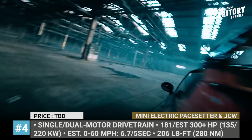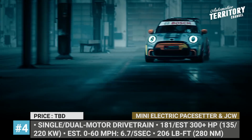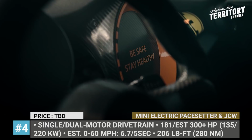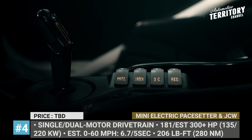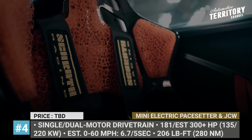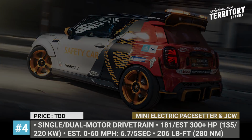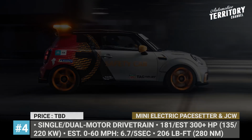By acquiring lightweight 18-inch wheels with Michelin Pilot Sport tires, a 3D-printed carbon fiber body kit, and interior elements, it sheds nearly 300 pounds to reach 2,706 pounds of curb weight. The Mini Hatch gets racing-spec coilover suspension and control arm mountings, a 10mm increase in track width, plus 6-piston brakes. With its standard 181 horsepower drivetrain,